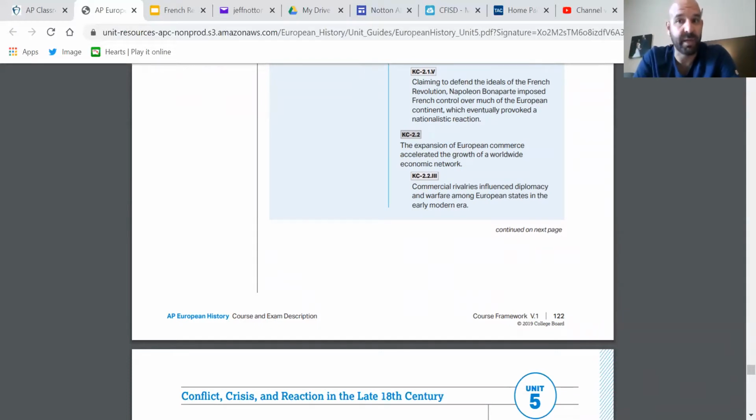The continuation of Europe's global network, but the change could be a greater degree, more wealth and power, or the change could be who dominates where. Early on, it's Portugal and Spain, but the British and the Dutch are going to emerge in the 18th century as the dominant economic sorts of powers. So those are just some various change continuities you could think of. I don't know if we need to worry about that too much with the 5-document DBQ, but I thought I would go over it. So that's it for this unit.